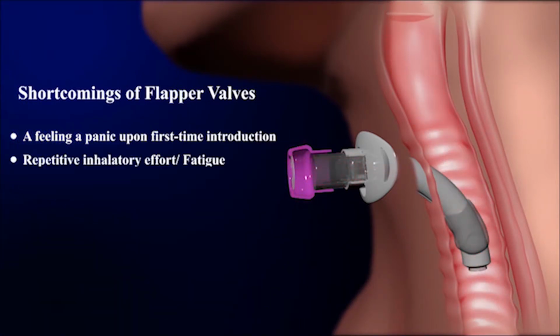A certain degree of repetitive breathing effort by the patient is required in order to allow the membrane to flex and open with each inhalation. Since the average person takes about 20,000 to 30,000 breaths per 24 hours, the numerous repetitive efforts required to open the membrane during inhalation can cause a significant challenge to some of the tracheotomized patients, especially young children, elderly patients, and patients with pulmonary compromise who tend to fatigue easily and are hence unable to tolerate flapper